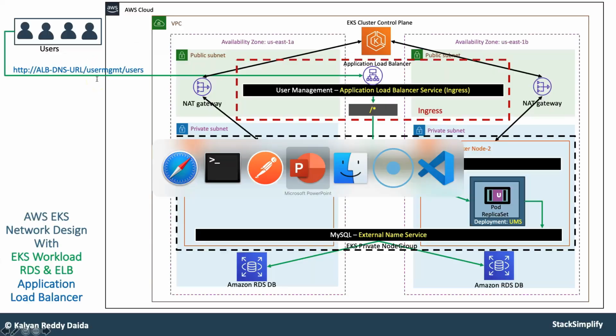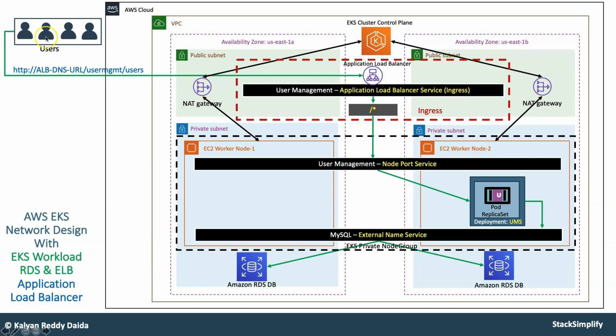So now if you see it here, when we called the users, the request went from the internet browser to the application load balancer, which is nothing but our Ingress service, and then validated the path here /*, and then went into the user management node port service present on these worker nodes, right? And from there it went into the respective UMS pod, and from there it went into the MySQL external name service, and it went to the RDS database, and then picked the user and displayed it back to the user. Okay, so that's what happened in the overall flow.